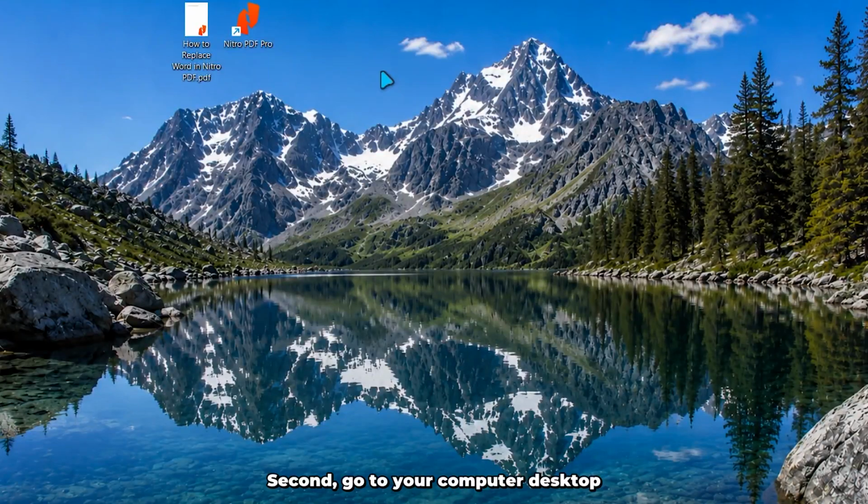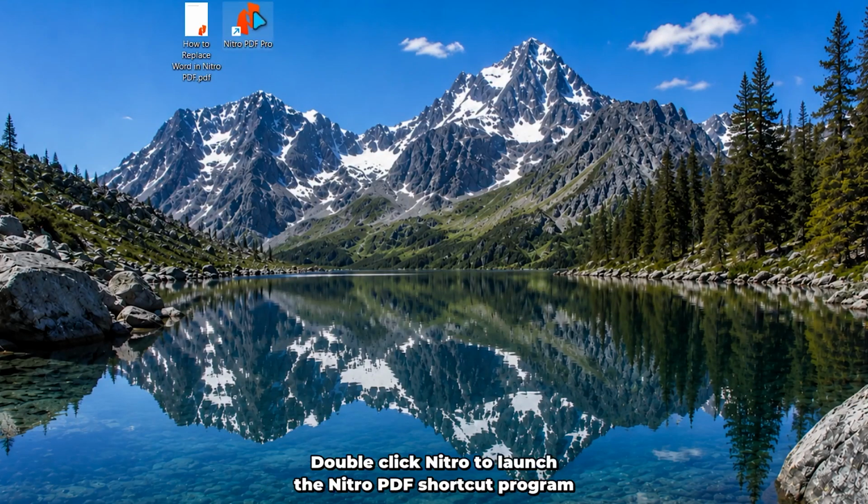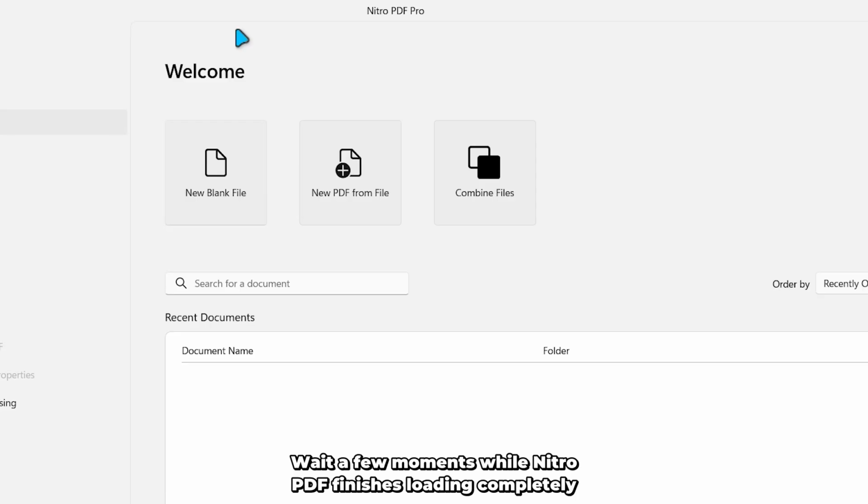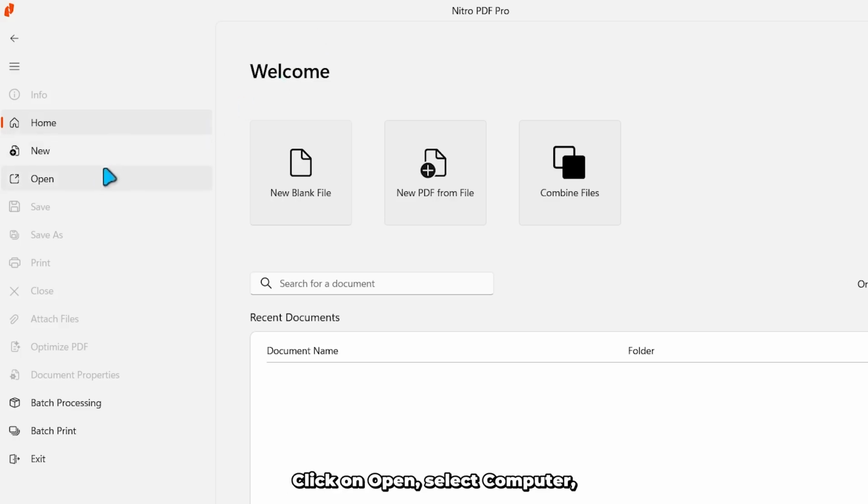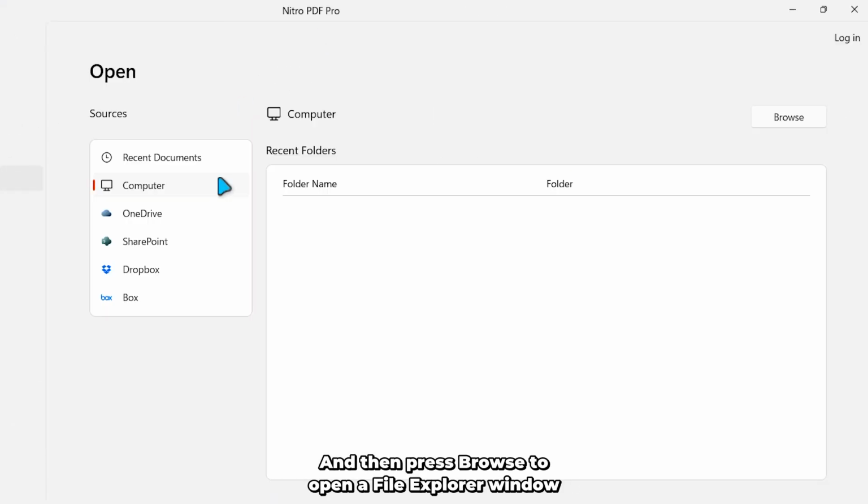Second, go to your computer desktop. Double-click Nitro to launch the Nitro PDF shortcut program. Wait a few moments while Nitro PDF finishes loading completely and displays its main window before proceeding to the next step. Click on Open, select Computer, and then press Browse to open a File Explorer window where you can search